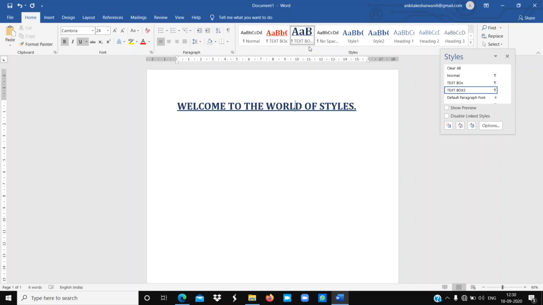Understood, everyone? Okay. Now select the new document based on this template radio button, so that the new style will be available in all your documents for use. If you want that your created style will be available in all the Microsoft documents, then you can just click on the new documents based on this template button. Okay, and you will find this button here. I will again show you.